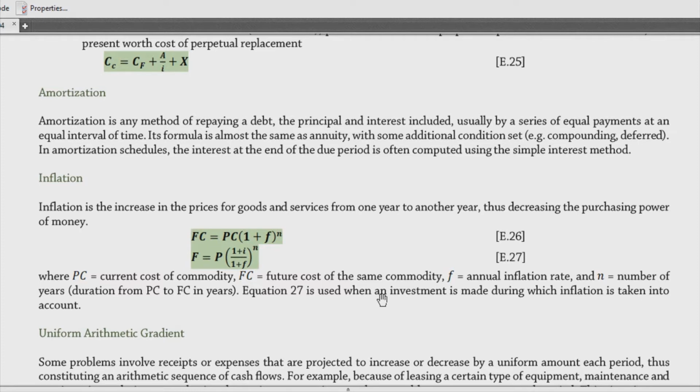Now, as you can see from this expression, yung ating F is equal to P times (1 plus i) all over (1 plus f). So, we can represent this in terms of future and present worth. Now, pag ganito yung case natin, mapapansin natin na this can be expressed in terms of the interest rate, and then you just have to divide your present worth in terms of 1 plus f. That is the annual inflation rate plus 1, and then you raise that to the number of years na you're